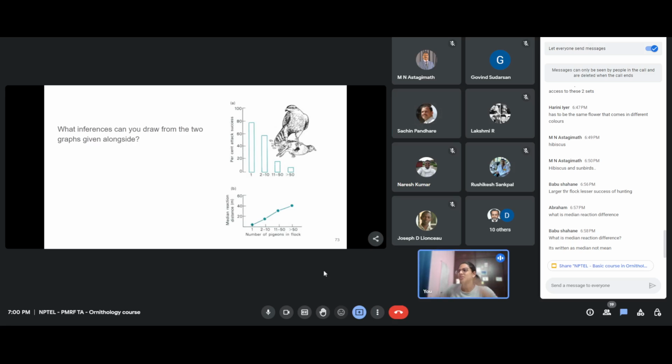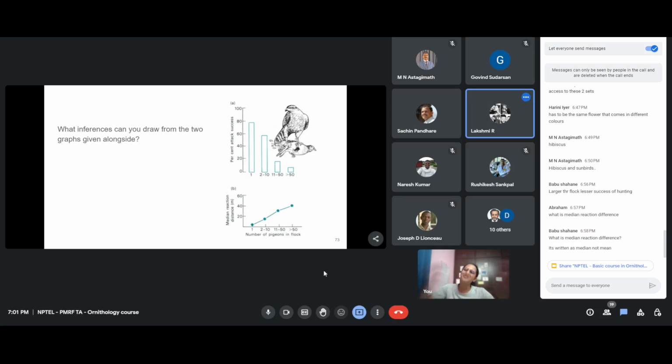No. I think we've gotten this the other way around. Are you saying that, because they are in the flock? You mentioned the scared in mass hypothesis, ma'am. You mentioned the median reaction distance to be when the pigeon reacts, right? Correct. So I was thinking the scared in mass hypothesis comes into play.